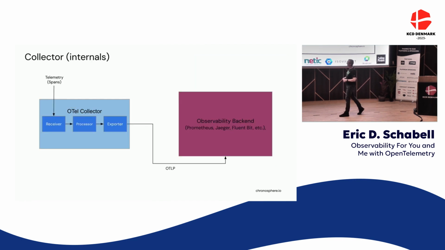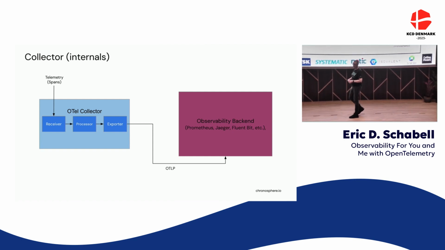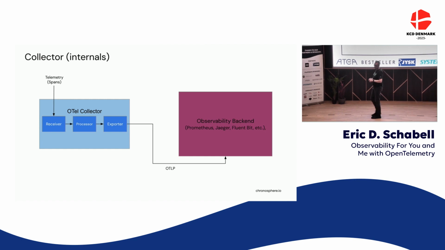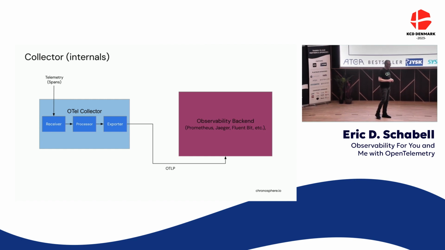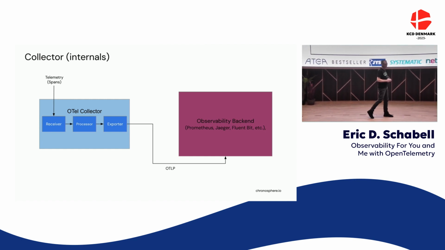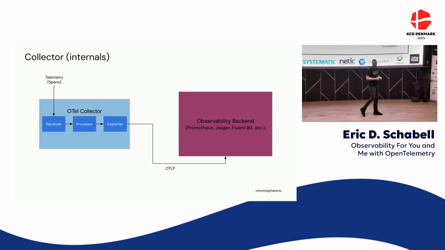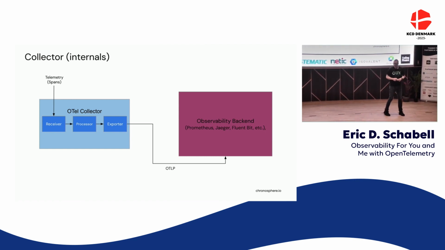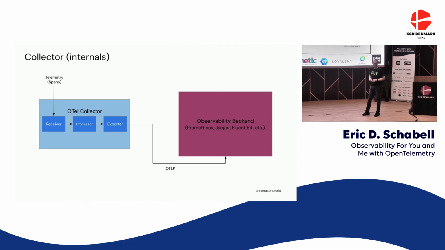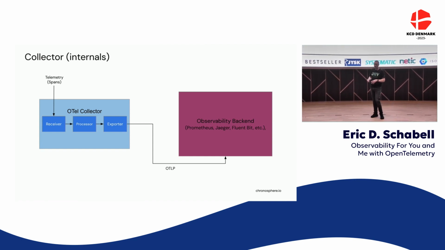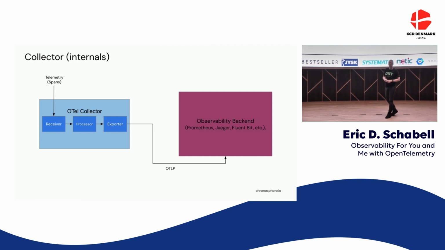What's happening inside that collector? Because that big blue box, that's kind of fun, but you know, there's got to be some kind of magic happening inside there, right? So there's a lot of things you can do. There's a lot of control that's given to you. You see there that you ingest whatever information is coming in your data, and it gives you the chance to process it, like pre-processing. So you can decide if you want to drop stuff, if you want to cut stuff out, if you only want to select certain elements of things in there. It gives you an upfront control to decide this is important to me.